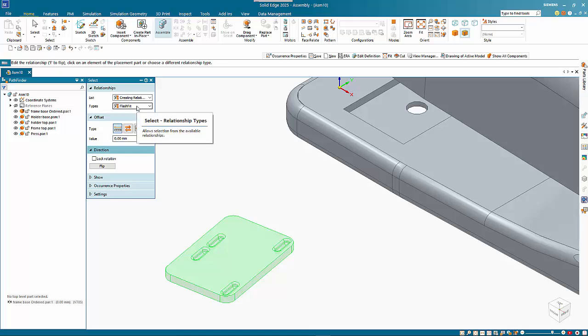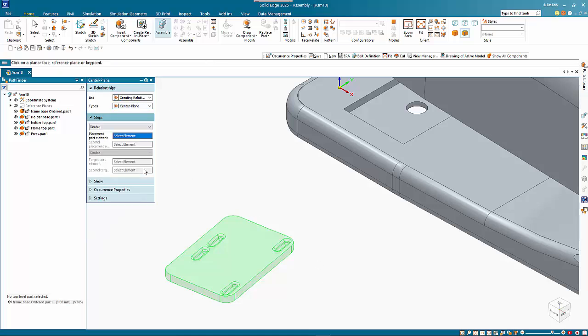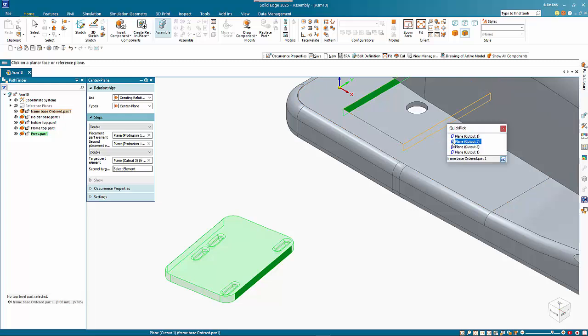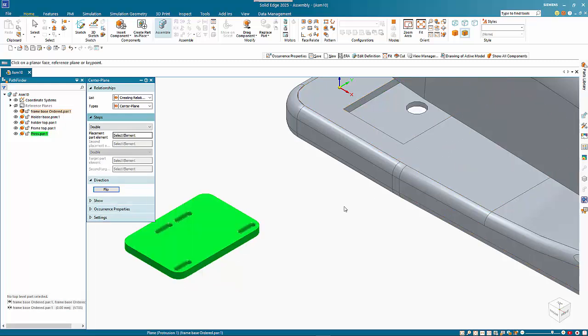And then I will use that center plane once more. So we go with that plane, and if you hold still and right mouse click, you get the options of the other faces that are there rather than having to rotate all the time. And then finally we'll do the same thing on here